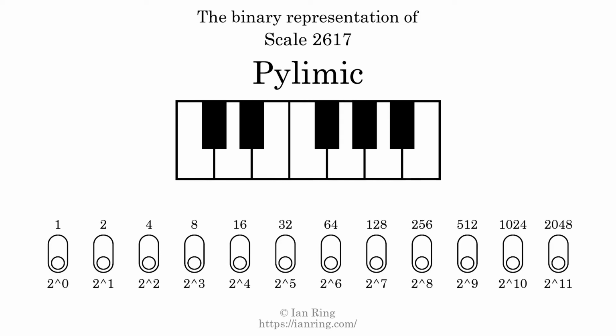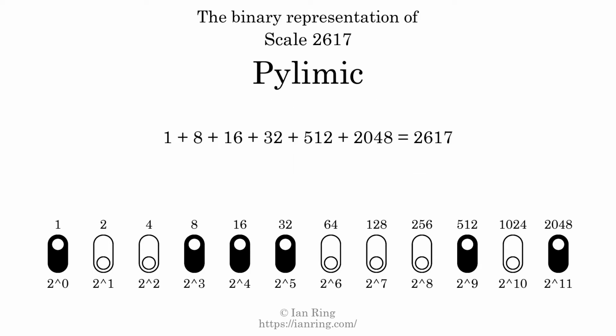The binary representation of this scale is determined by mapping tones of the scale to binary digits. Each binary digit represents a power of 2. To get the scale number, we add the powers of 2 together. The powers of 2 that are present in the scale, all added together, equals 2617. That is why the scale number, in decimal, is